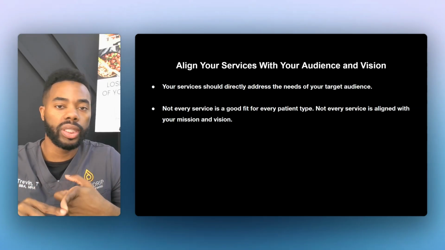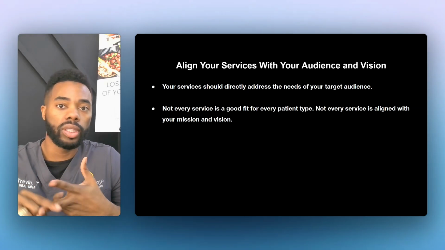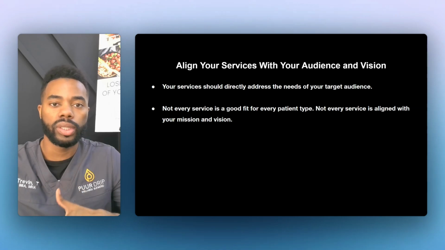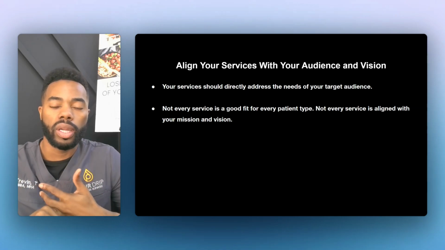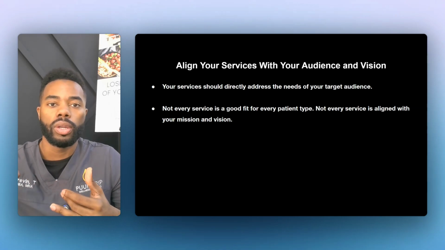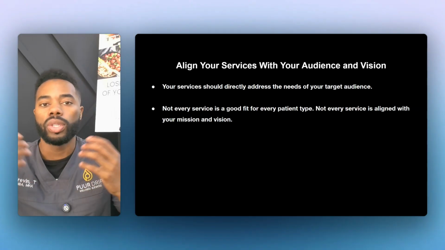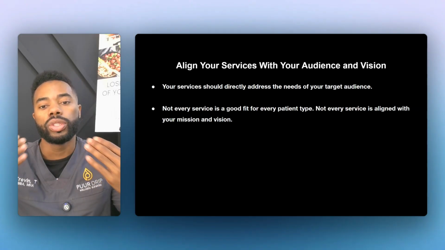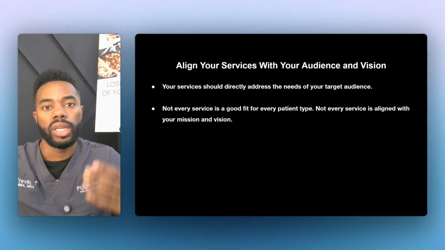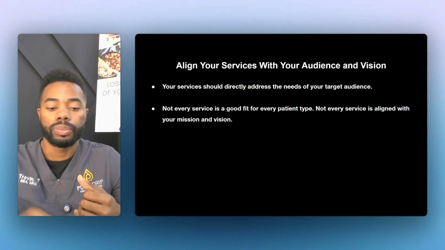There's going to be a lot of trends. There's going to be a lot of reps calling you, asking you to bring different things into your clinic. There's going to be a lot of emails coming through from different medication and supply vendors saying, hey, we're now offering this, so on and so forth. And you just don't want to get bogged down in doing a lot of things that don't align with you.